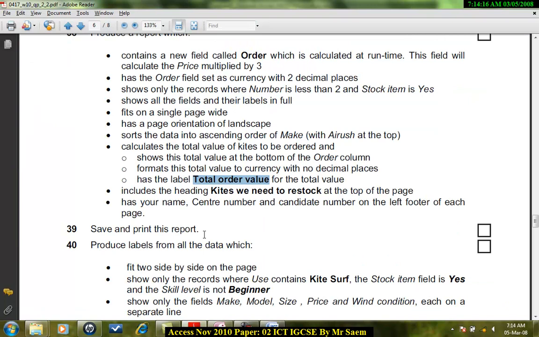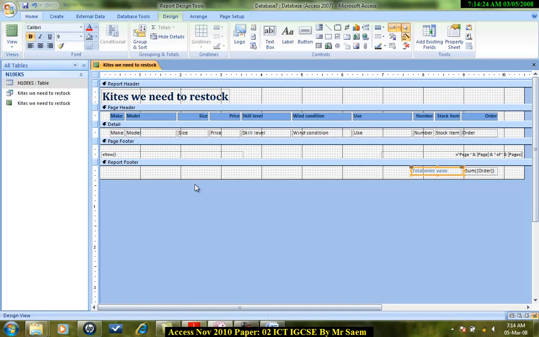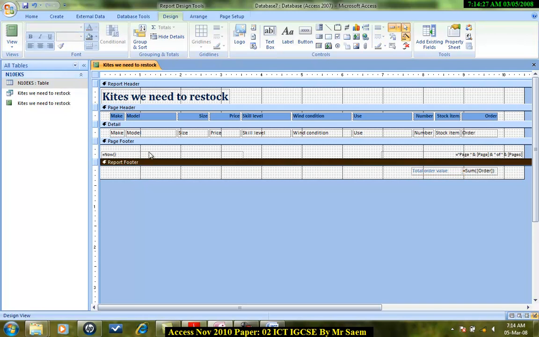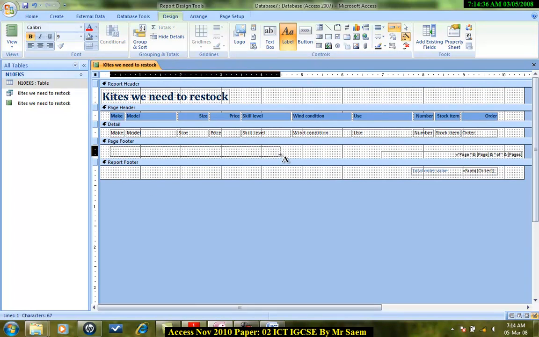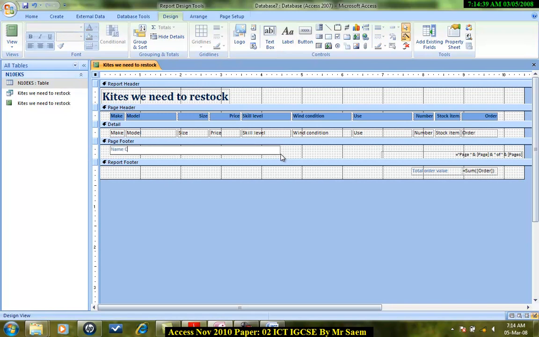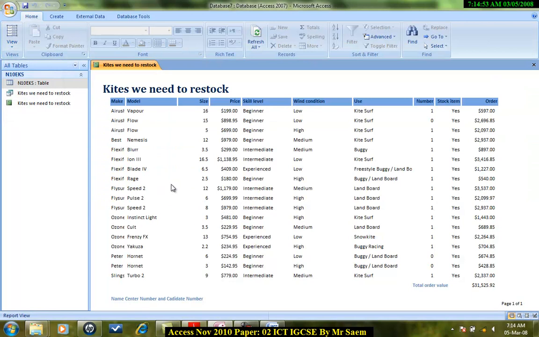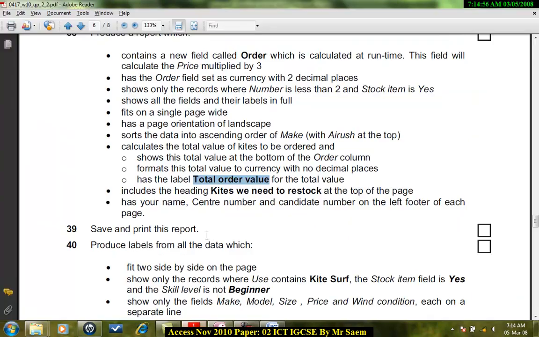So here we go. The last point was, has your name, center number and candidate number on the left footer of each page. The left footer, we will put it in our page footer. We need to put this in the page footer. So what I'll do is, I'll hit delete, I don't want this, and I'll type name, center number, and candidate number. I always do that. Here we go, and here we have it. Excellent. This was the first report that was supposed to be made. Now let's